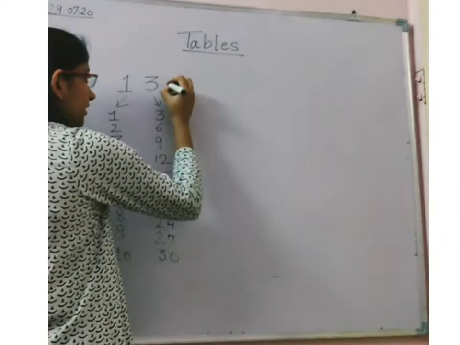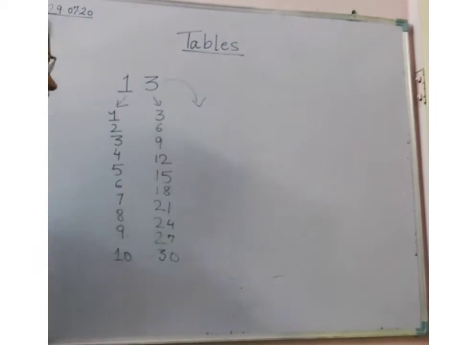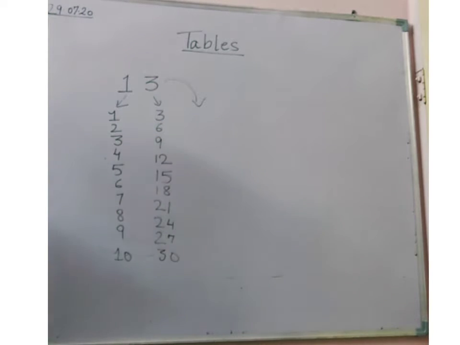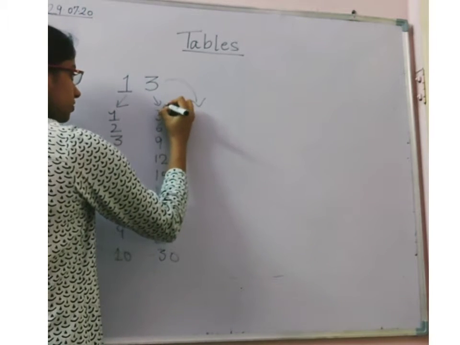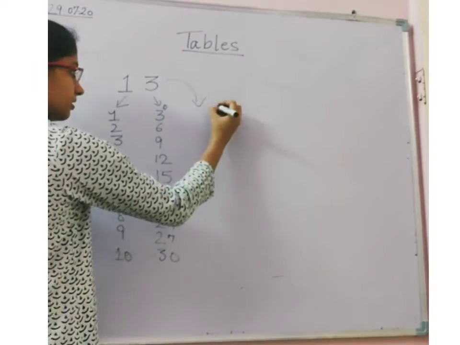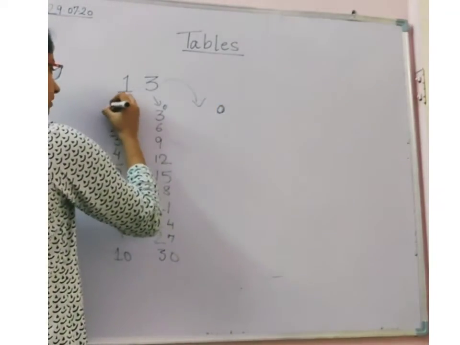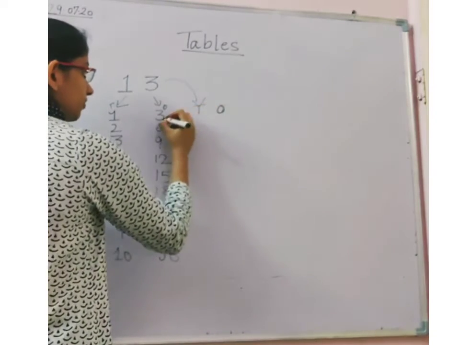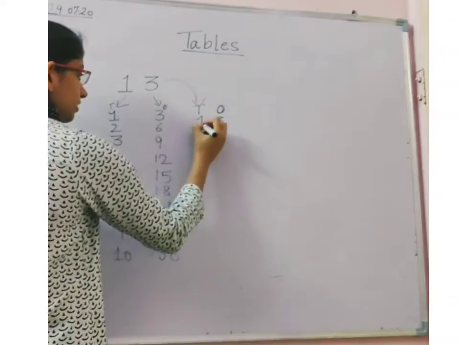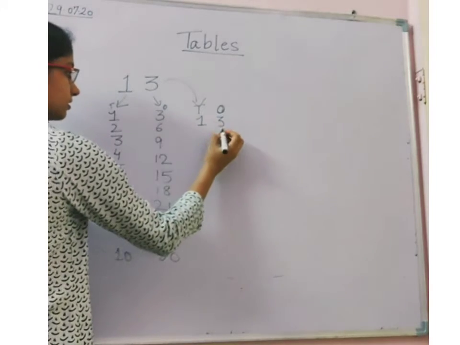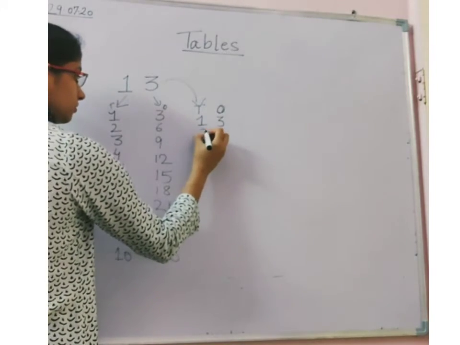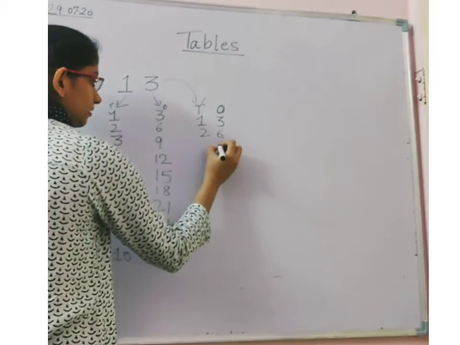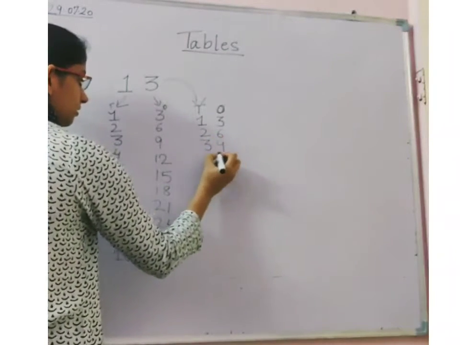Now when we talk about writing the table of 13, I'll use these two tables to write the table of 13. What I will do, I will take the unit digit of this entire row as ones here, and then this one I will take as tens. So what will be the number form? The number form will be 3 here, 1 here. 13 ones are 13. 6, 2. 26. 13 twos are 26. 9 and 3. 13 threes are 39.